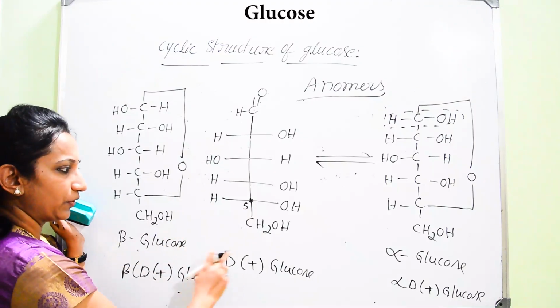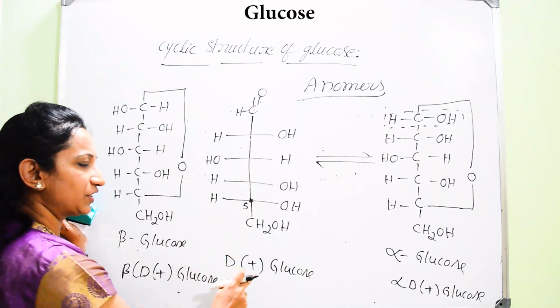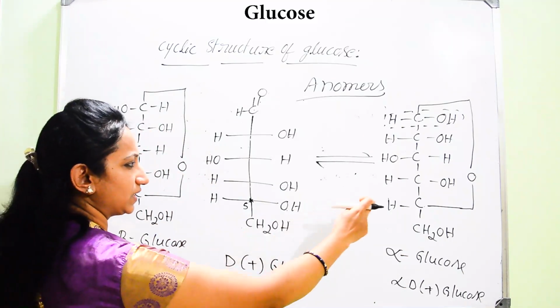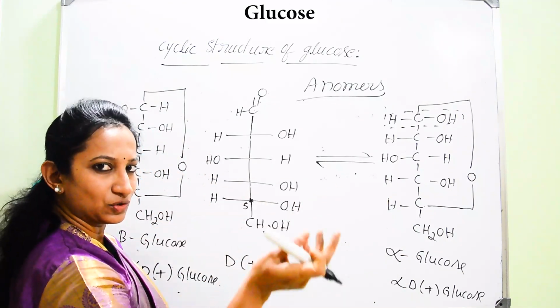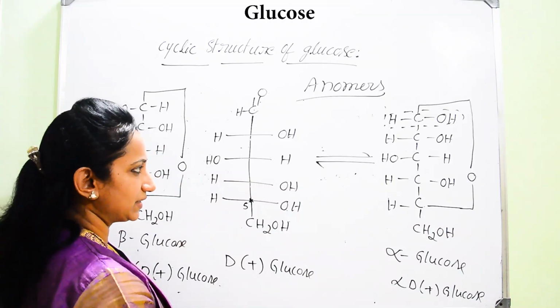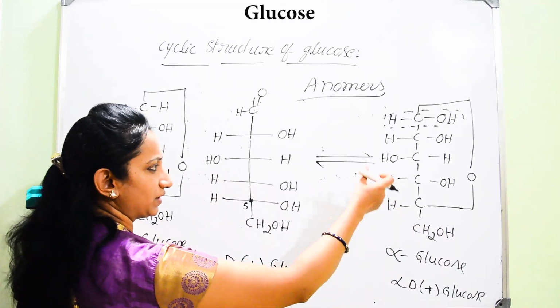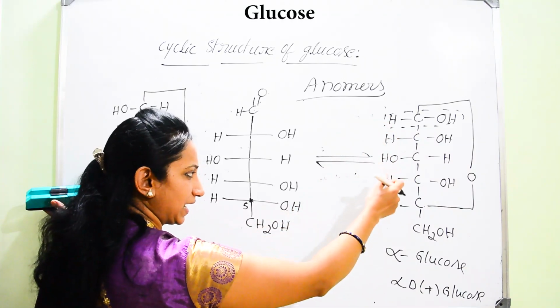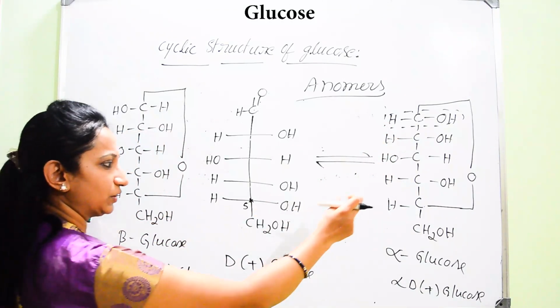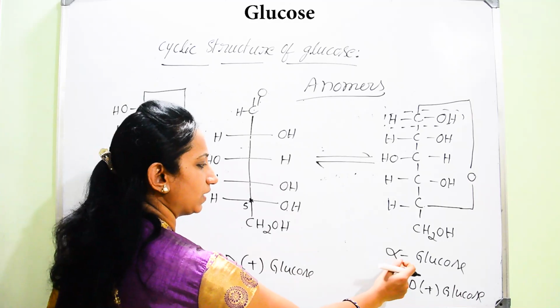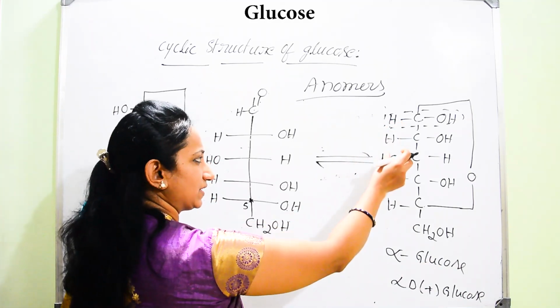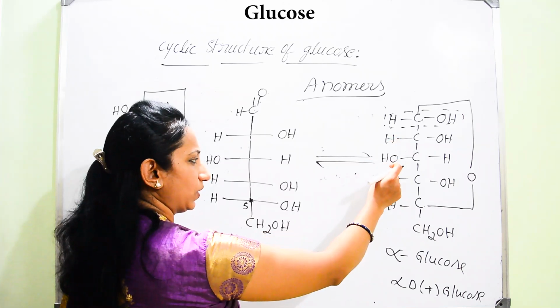Now I am going to give the code for the arrangement of H and OH with respect to glucose in the cyclic ring, so that you can write the Haworth structure, or cyclic ring structure according to Haworth, by considering this standard arrangement. Which is that code, you can observe here? For alpha glucose, we can consider the code: H on the left hand side, H, H, OH, H, H.